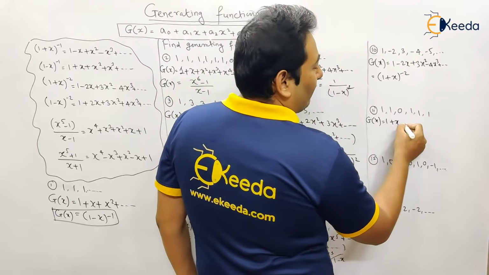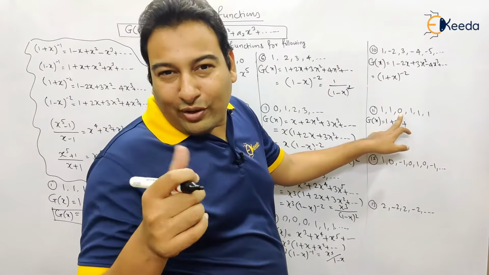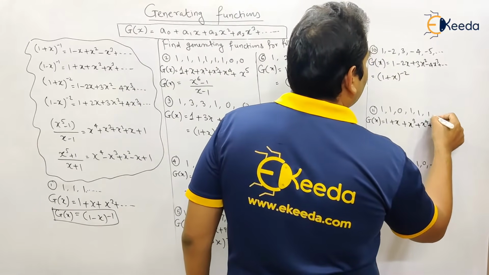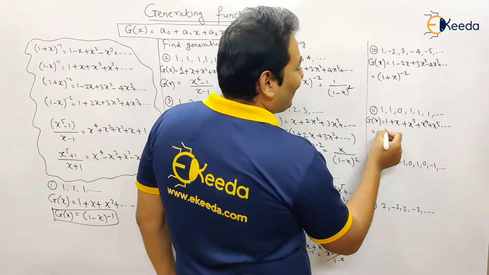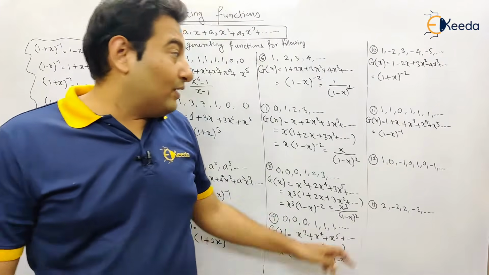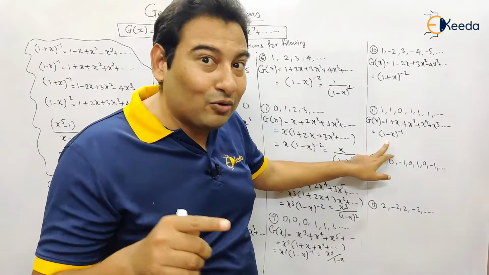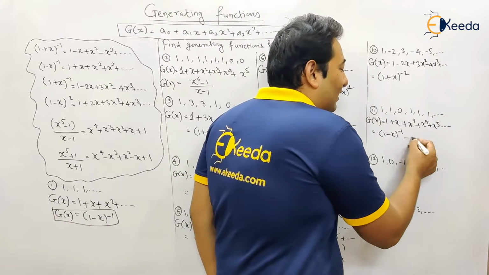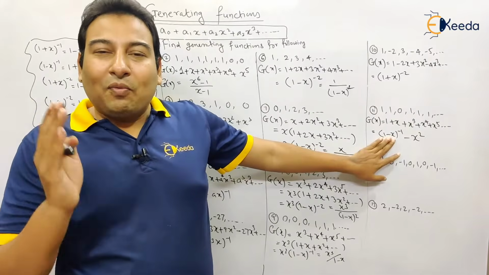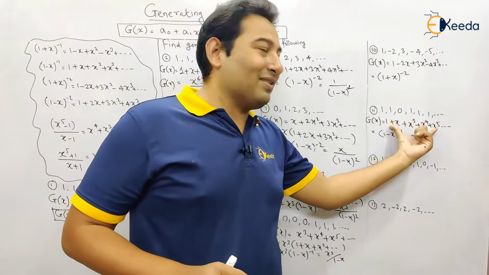1 plus x, the square term will not be there because it's 0x square. So 0x square means nothing. x cube, x raised to 4, x raised to 5, and here it is dot dot dot. So what do you mean by this series? It's actually 1 minus x inverse. But if you take 1 minus x inverse, all the terms will be there: 1 plus x plus x square plus everything. x square will also be there, but x square is not there in the expression. Therefore, it has to be minus x square. Now, if you open this series, it will be 1 plus x plus x square plus x cube plus dot dot dot. If you subtract x square, you will get this result.